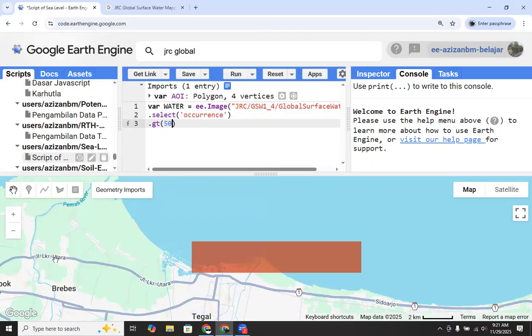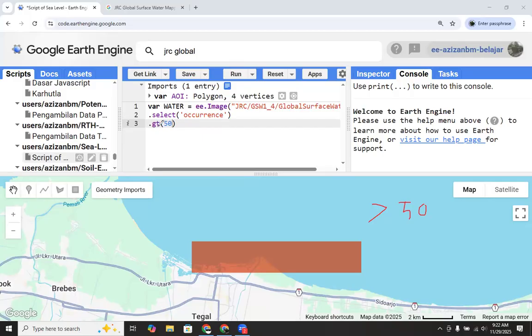Let's say you want to choose the area where the probability of it being water is higher than 50%. Use the greater than, or GT, function.